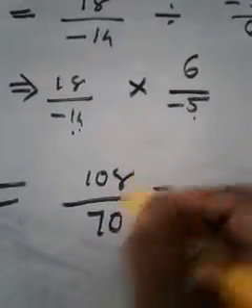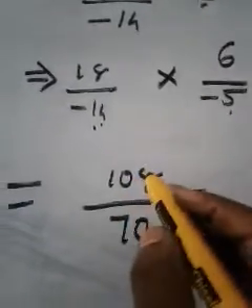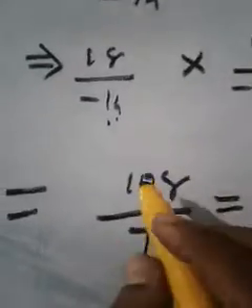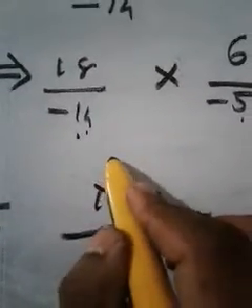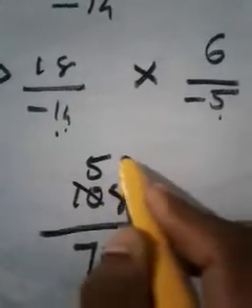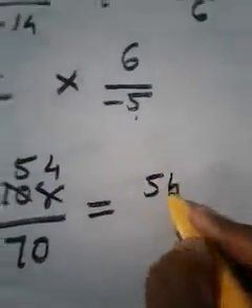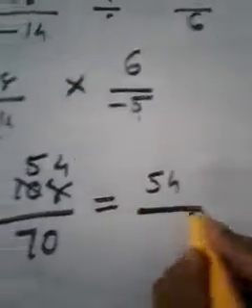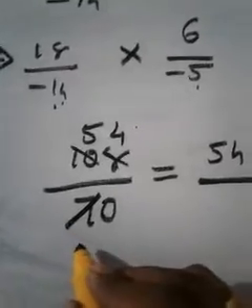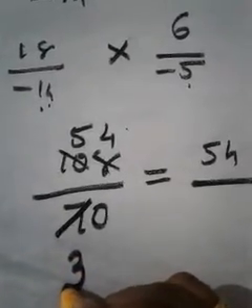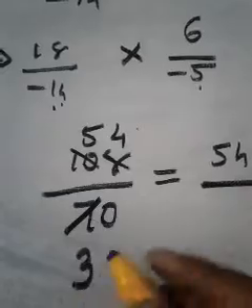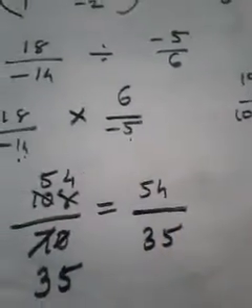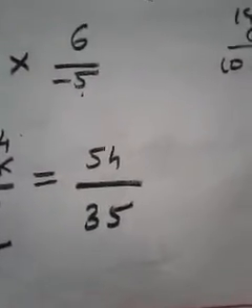You can reduce by 2, because 2 is a common factor for both numerator and denominator. So how can you reduce? Listen, in 10 how many 2's are there? 5. In 8 how many 2's are there? 4. So the answer is 54. In 10 there are 5 2's, in 8 there are 4 2's, so 54, divided by, in 7 how many 2's are there? 3 2's are 6, no? Then the remainder is 1. That 1 and 0 will be 10. In 10 how many 2's? 5. The answer will be 35. So the answer will be 54 by 35.